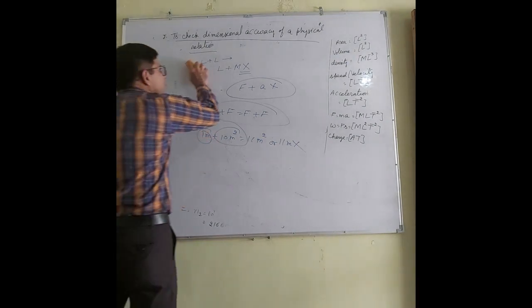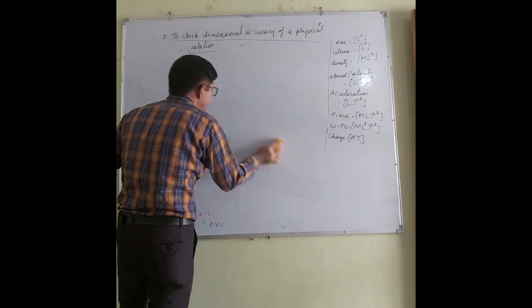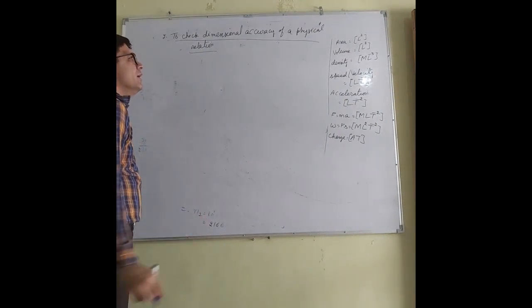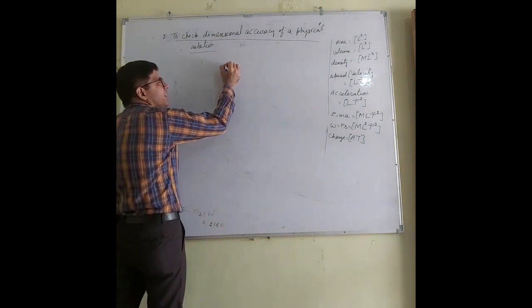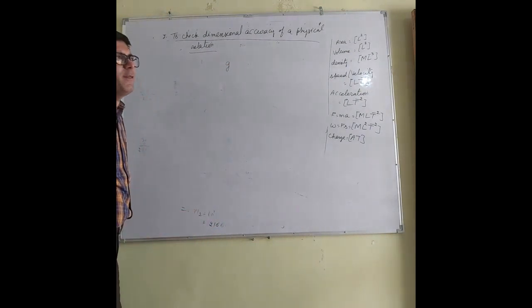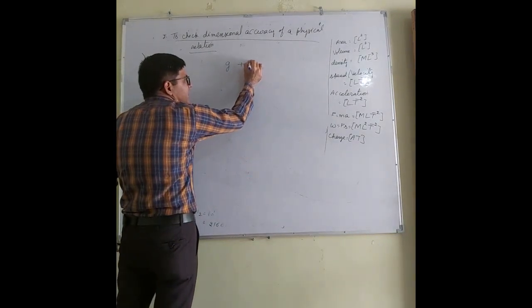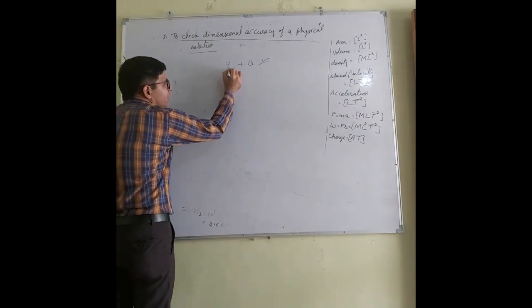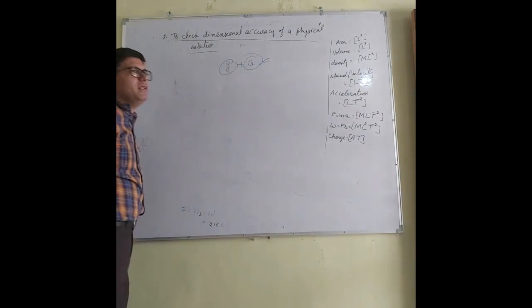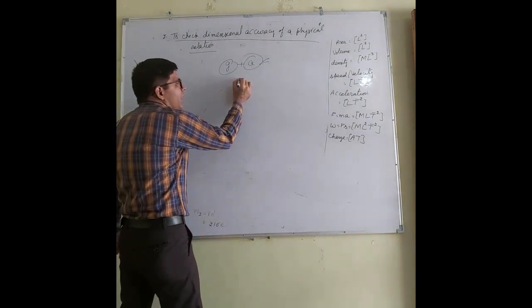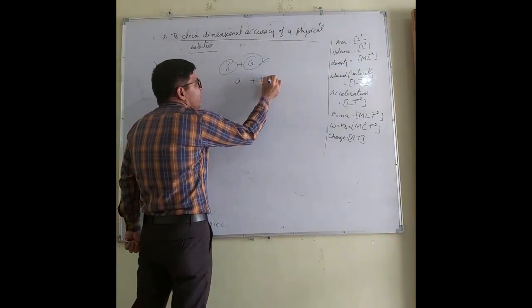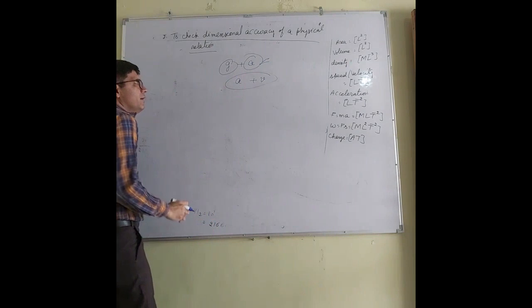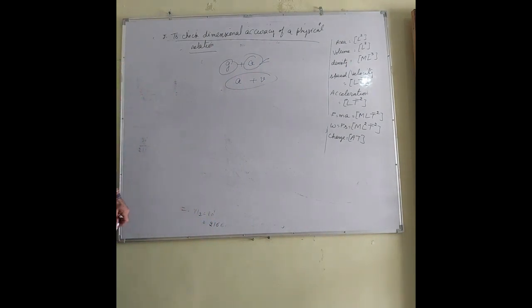So let's do a simple question. It's very simple. If I ask you a very simple question, can I add acceleration to acceleration due to gravity? You have studied this. My answer is yes. Why? Because it is also acceleration. But I cannot add acceleration to velocity. This is wrong. Let me do a question for you so that you can understand.